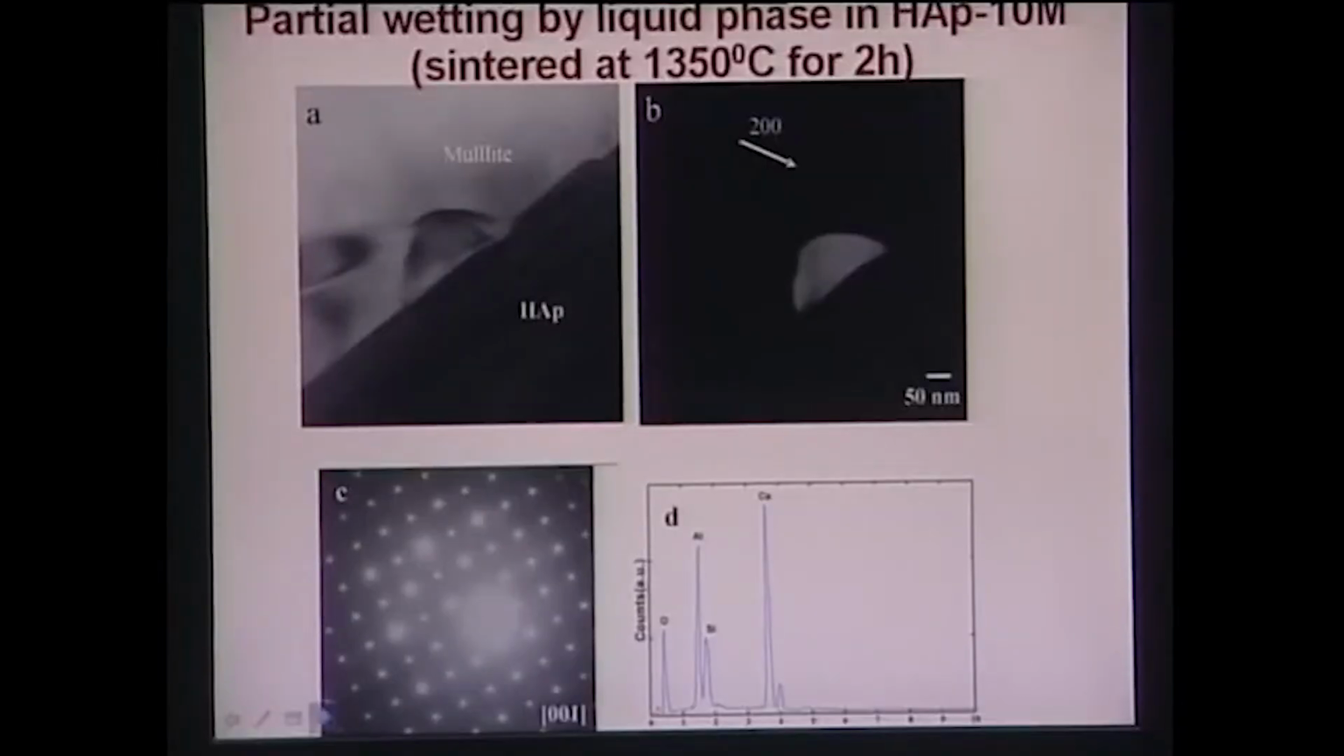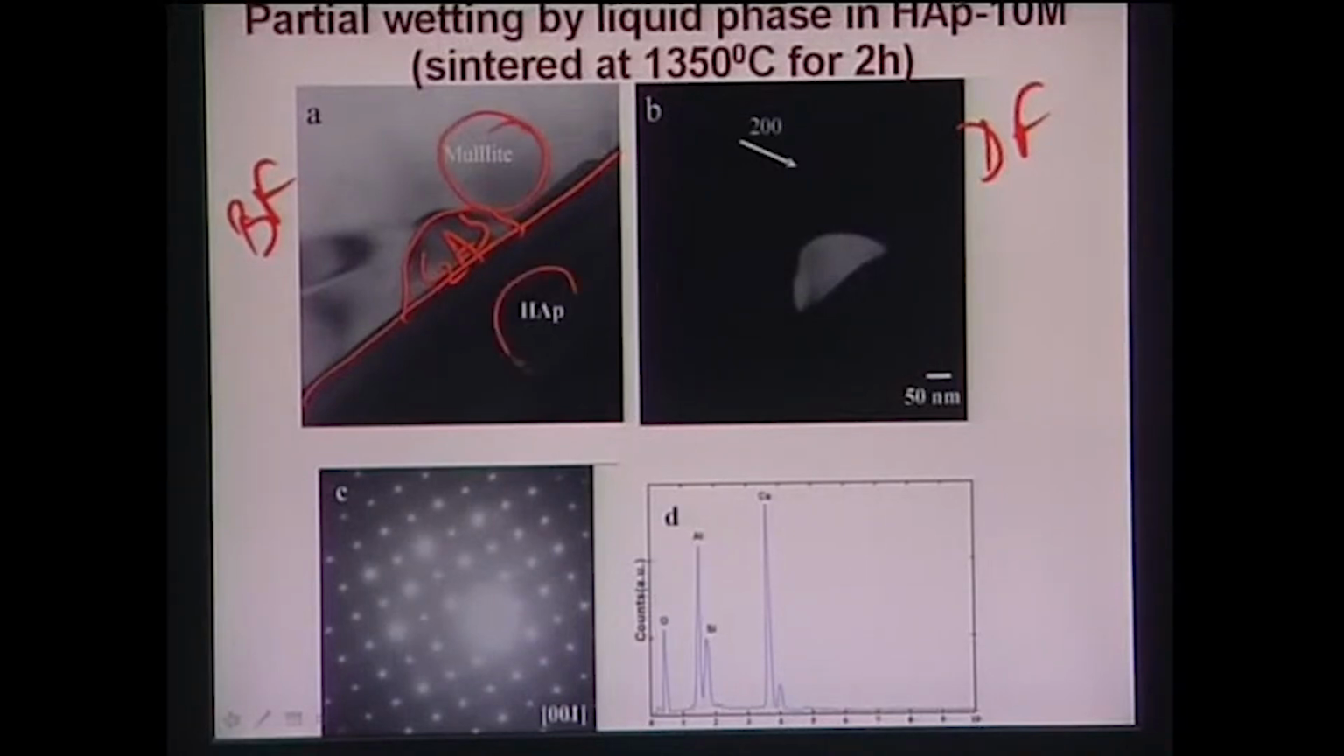Now this is the dark field image and this is the bright field image. So this set of bright field and dark field image essentially tells you that there is a partial wetting of this C2AS phase. This is the C2AS phase that is formed due to the reaction. This is your mullite particle, this is your HAp particle. Now essentially what it shows you is that this is the partial wetting of this grain boundary by the C2AS phase,